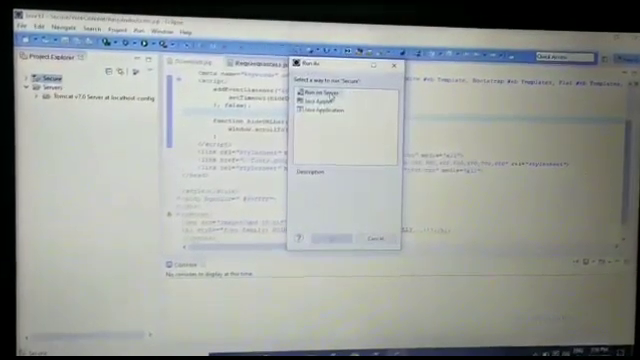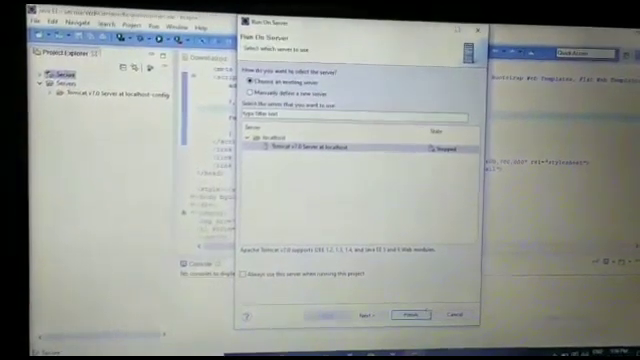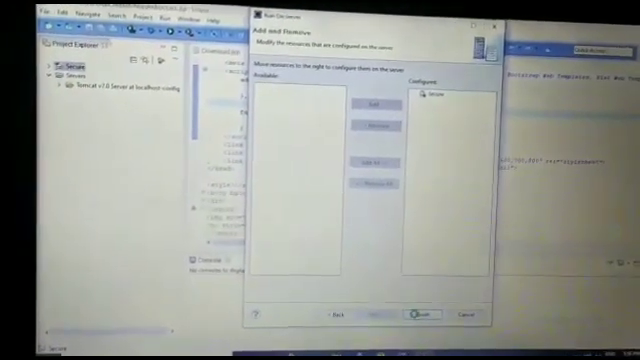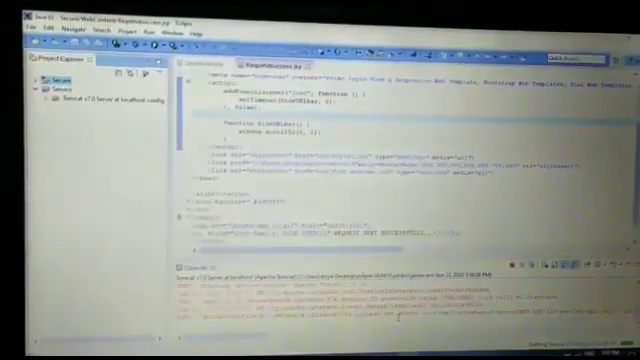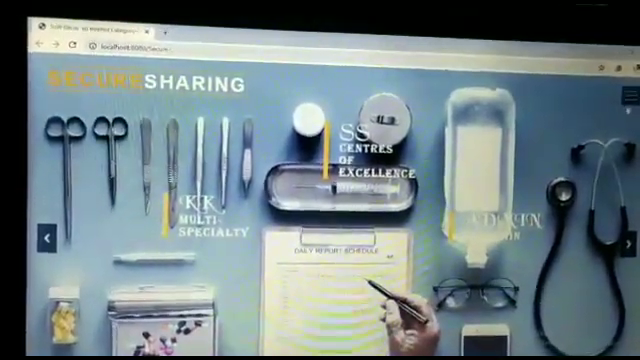It will ask on which environment we should run it. By clicking the correct environment, and after selecting it, you have to go for next and then finish. And here now it's going for the secure sharing thing. By clicking, it will ask which hospital it is, whether we are selecting